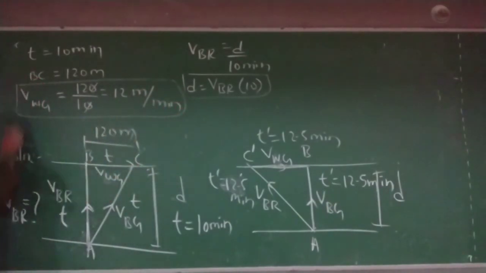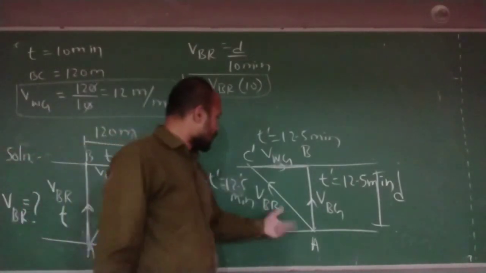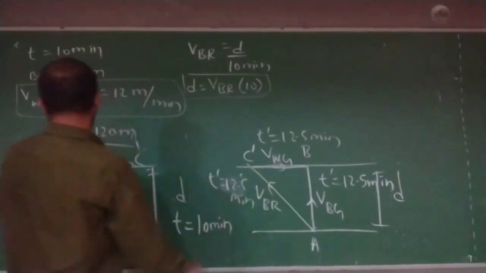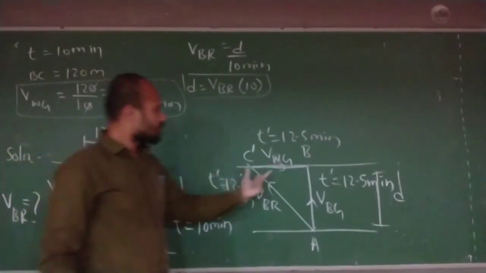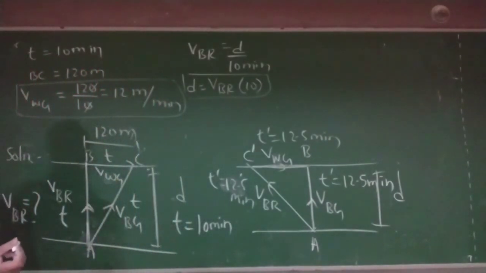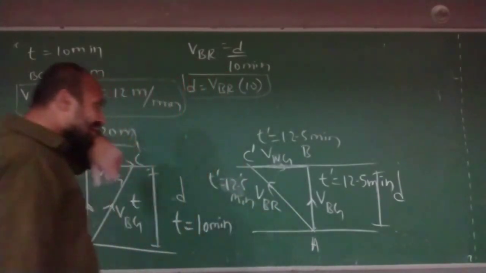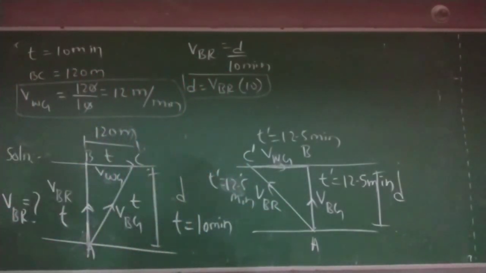Okay. Let us go to the next thing. Let us try to solve that. What our target is: VBR. So I am focusing. Look at here. VWG I know. I do know VWG. I don't know VBG, because VBG I cannot calculate, for here different or there different. But here one interesting thing I can find. Look at that.